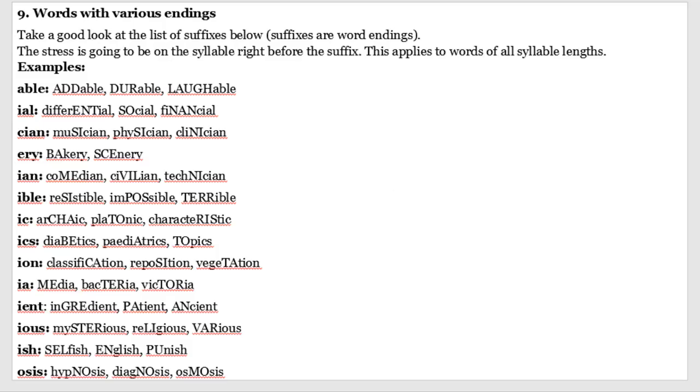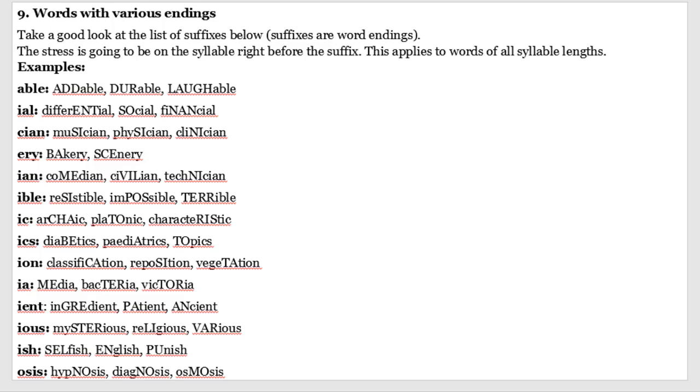9. Words with various endings. Take a good look at the list of suffixes below. Suffixes are word endings. The stress is going to be on the syllable right before the suffix. This applies to words of all syllable lengths. Examples: 1. able, edible, durable, laughable. 2. ial,